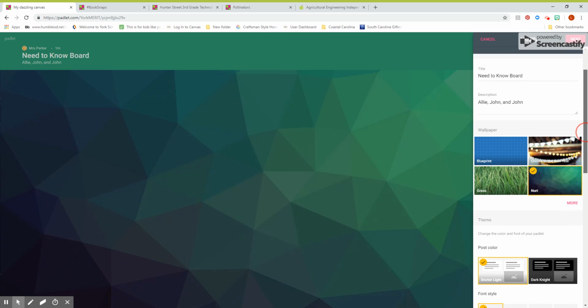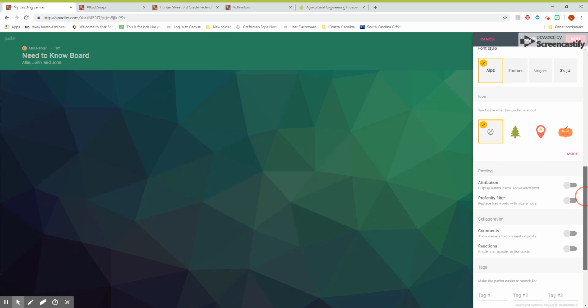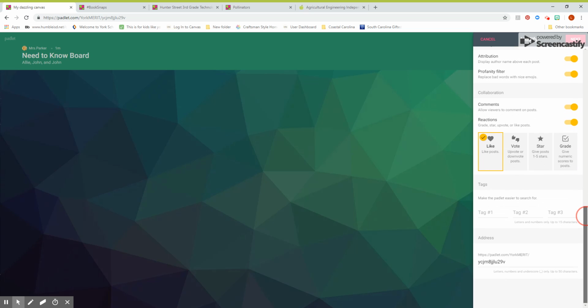It's going to have their names. So here you can also set up the way it looks. I am going to put on these filters. I'm going to allow comments and also reactions. I like to put a like there because it's really great for kids to go back in and see how many people liked theirs. And down here you can create